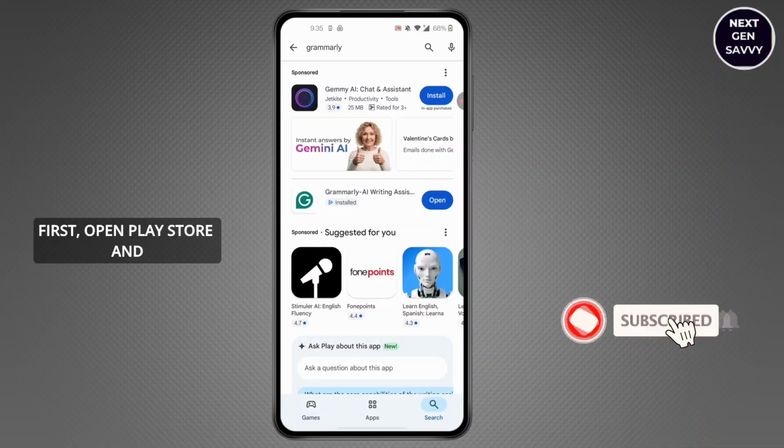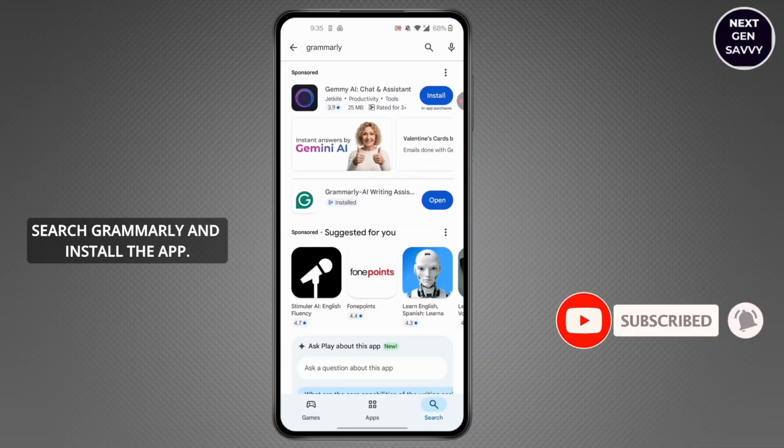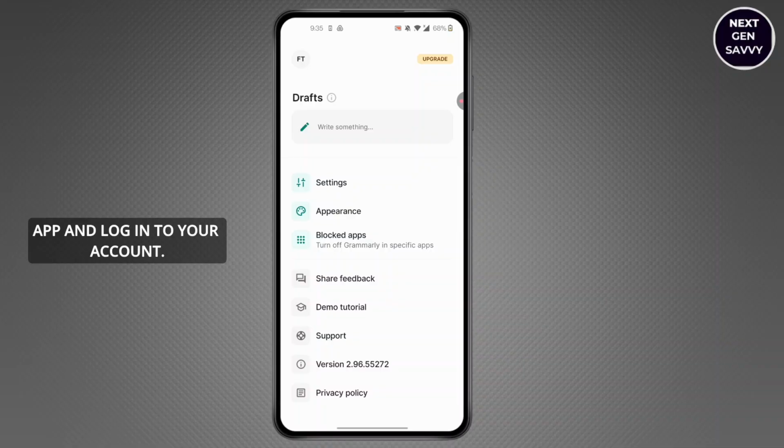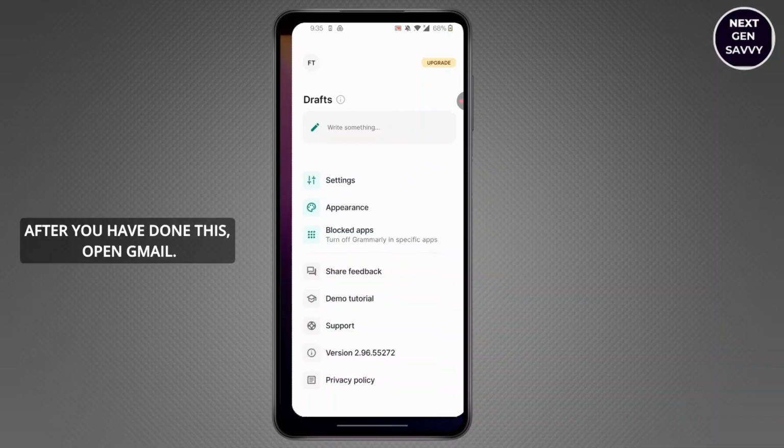First, open Play Store and search Grammarly and install the app. After it's installed, open the app and log into your account. After you've done this,